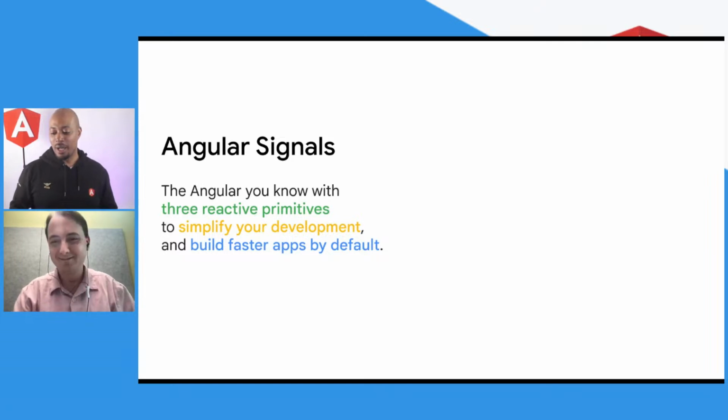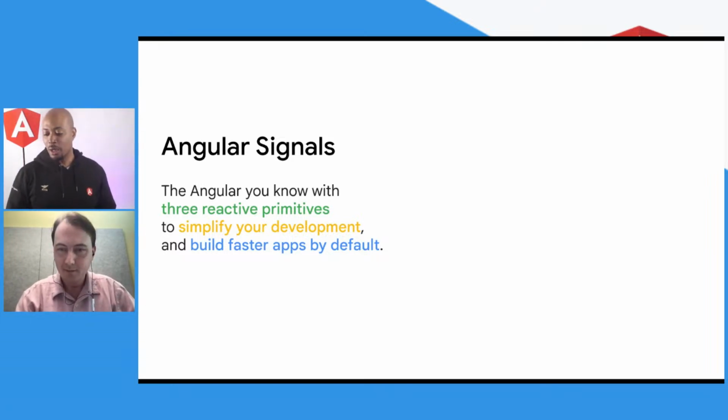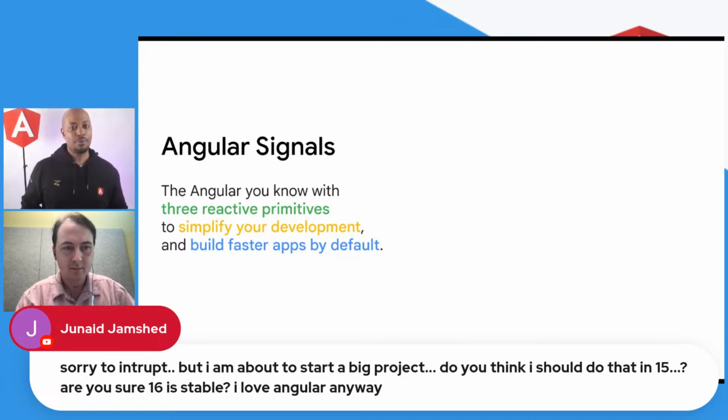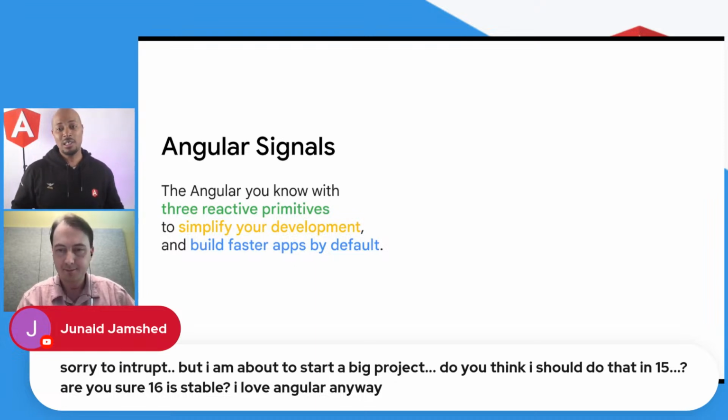Real quick, I will answer this question for Junaid. What should you do? You can start. Okay, so have your app be Angular 15 for now, then migrate it over to 16 using the schematic, right? Because then once you add all the libraries that you need to start with, like your PWA and stuff like that, the schematic is smart enough to be able to move it around. So do that.